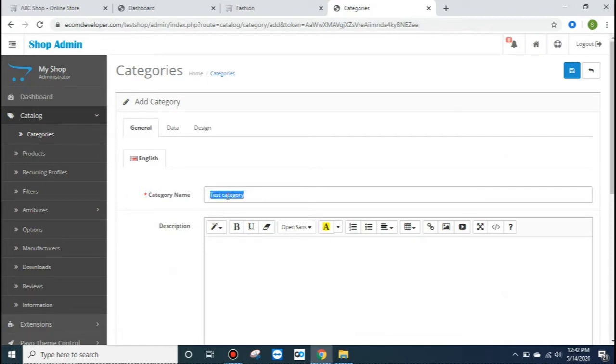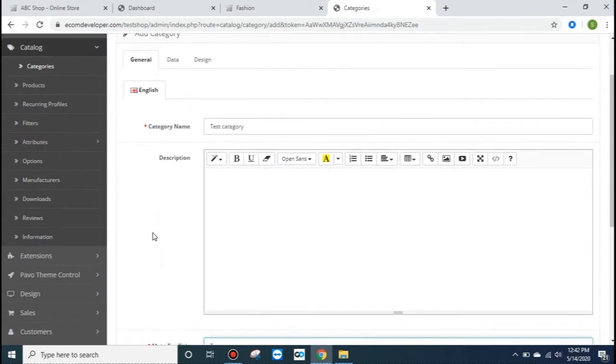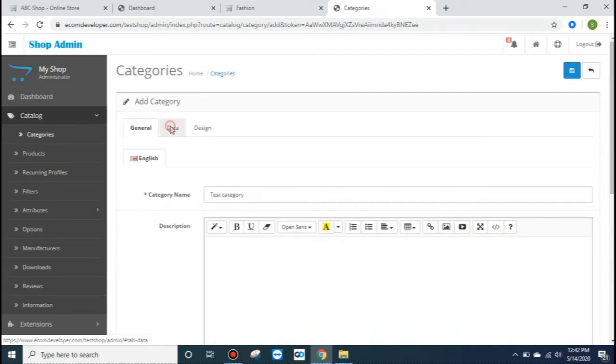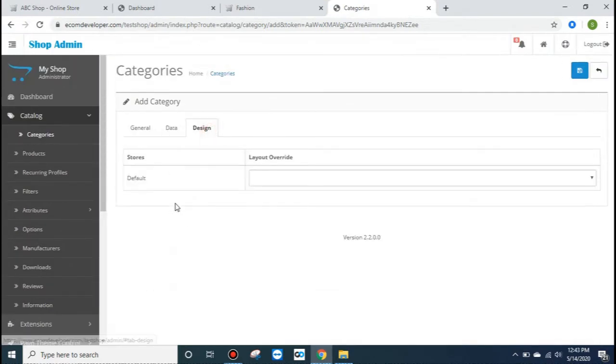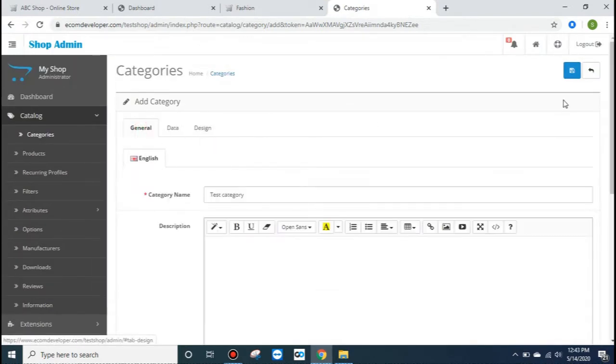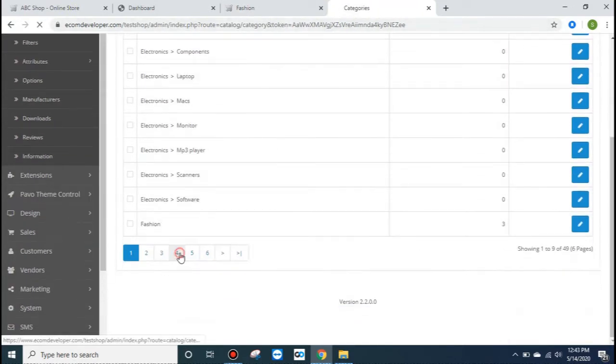Copy the same thing and put it under meta tag title, because these are the mandatory items, so we need to fill it. And after that, go to data, leave it as it is. In design, leave it as it is. Simply save it, and we can see it would be available here.